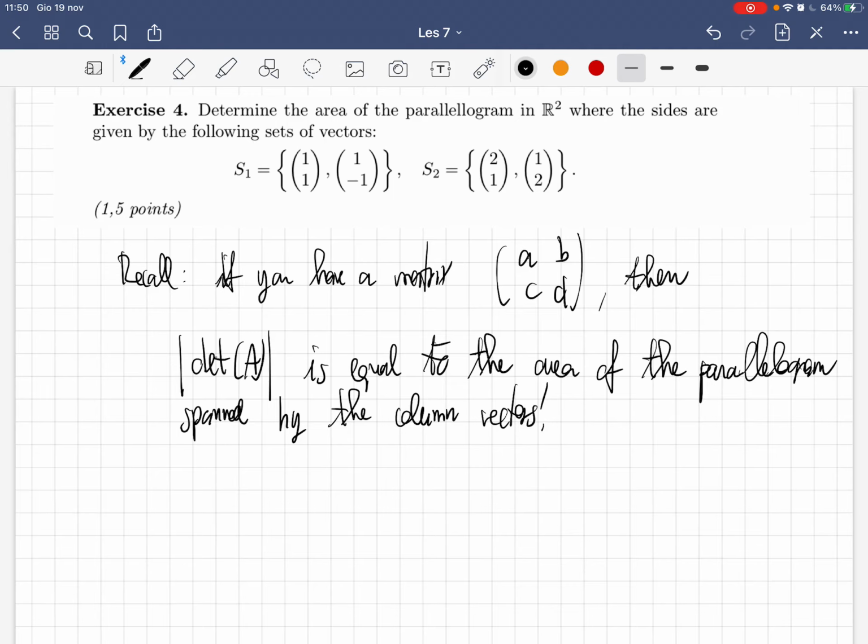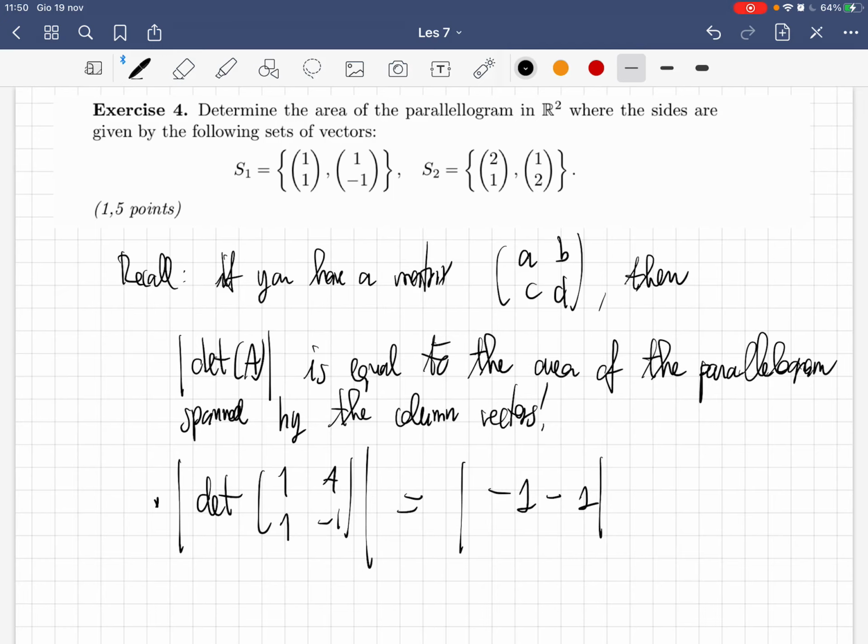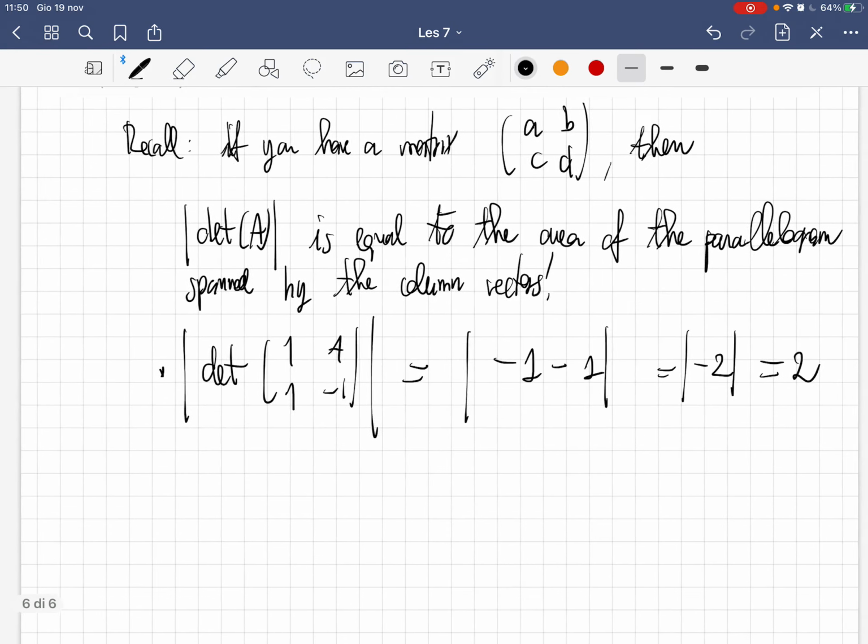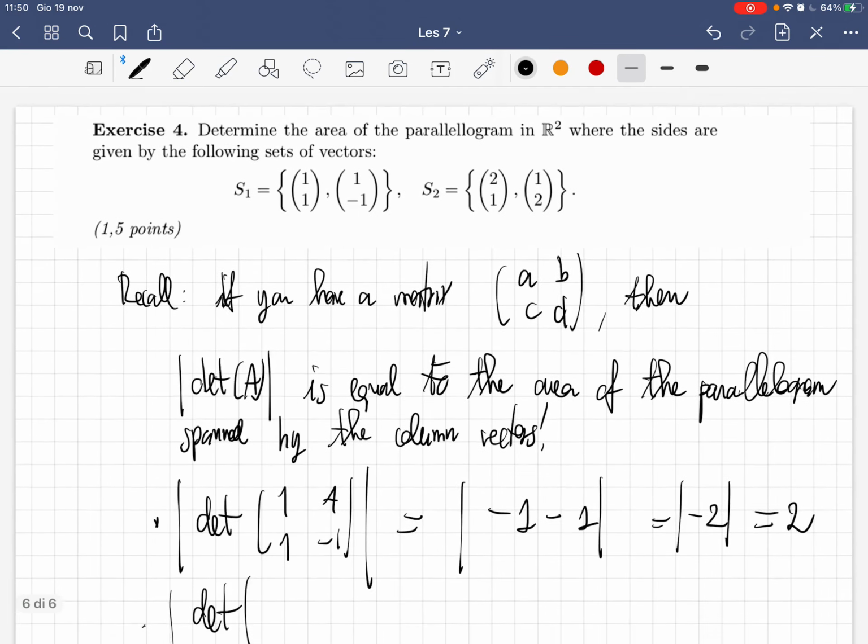So, well, it's nothing strange, right? So here, to conclude, to find the area of the parallelograms whose sides are given by these vectors, you just have to compute the determinant of 1, 1, 1 minus 1, which is, I mean, we know the formula here, and taking the absolute value here, so it's, what is it? So minus 1, which is the absolute value of minus 2, which is true,